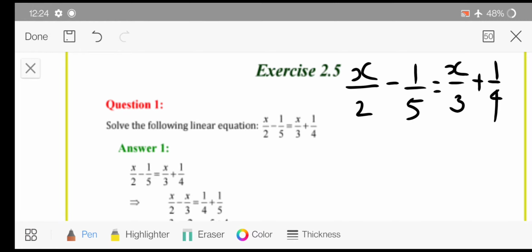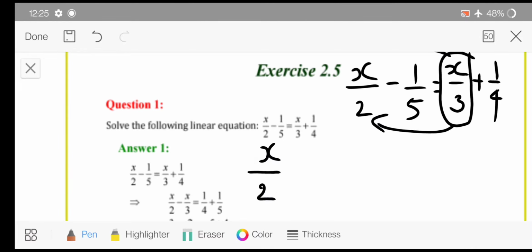तो पहले हम इक्वेशन का कॉन्सेप्ट अप्लाई करेंगे. तो इसमें हमें क्या करना है, जो वेरिएबल की टर्म्स हैं वो सारी टर्म्स हम एक तरफ ले लेंगे. So as you can see here, x upon 3 and they are in addition. तो मैं ये x upon 3 को इस तरफ ले लूँगी. So what will it be? x upon 2 minus x upon 3. This x upon 2 will remain as it is, as I have transposed the x upon 3. So the sign of x upon 3 will change, not of x upon 2.